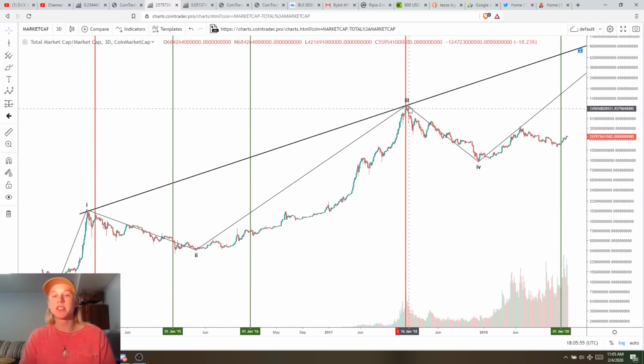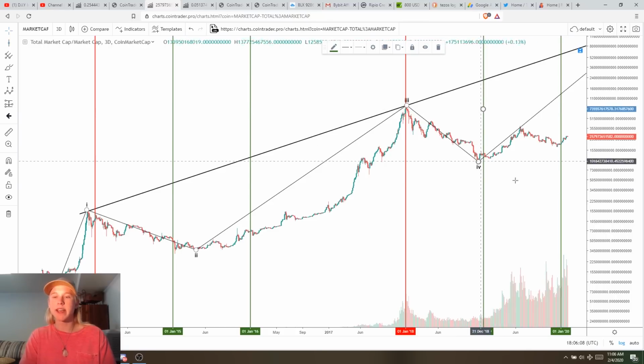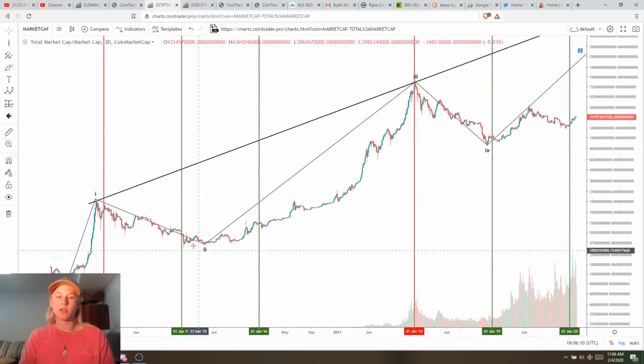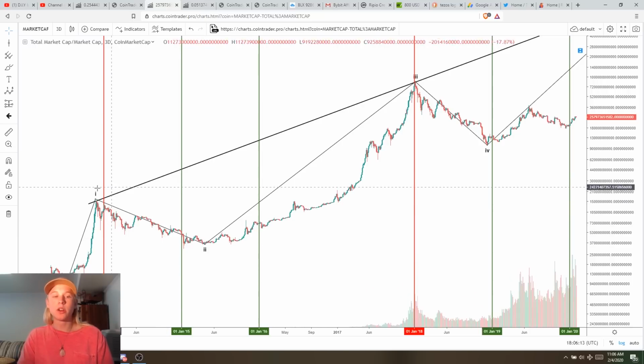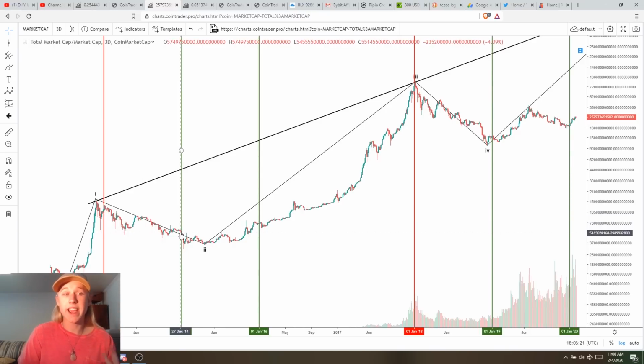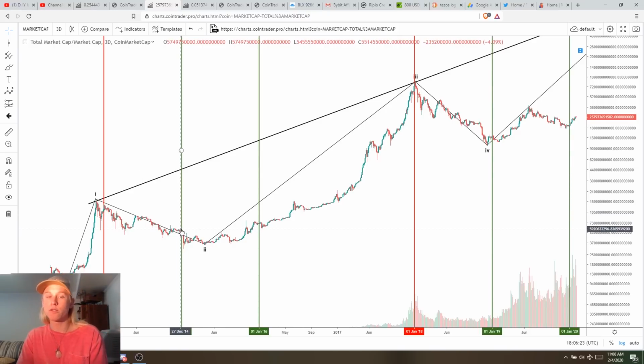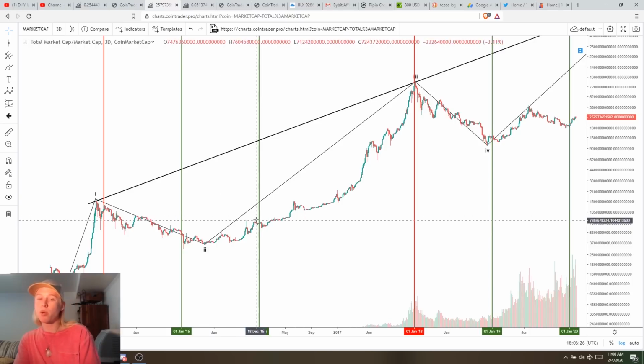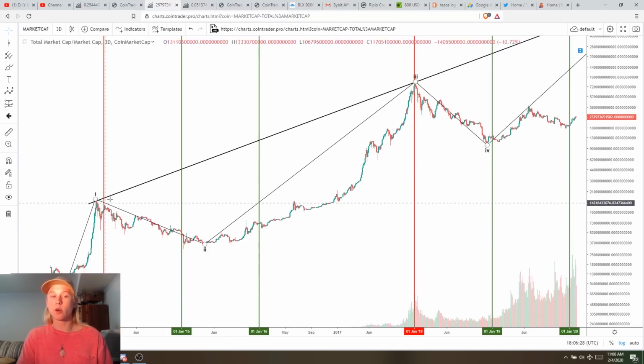Now, if we go into this bear market, we're going to see roughly the same sort of correlations. Now, the top of the cycle puts us here. Now, a year from that point would have put us at 2019. So 2019, January 1st of 2019 was actually almost the exact bottom in our last cycle. So in the first cycle, we topped it almost January 1st. The exact top was almost at January 1st, and then we sold off for a year. Now, almost the exact bottom of capitulation was a year from that point. And then we know a year from that point, or 2 years from the point of the original reversal, we know that the bull run starts.